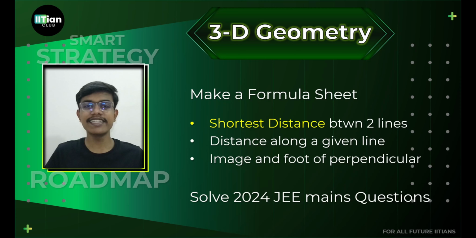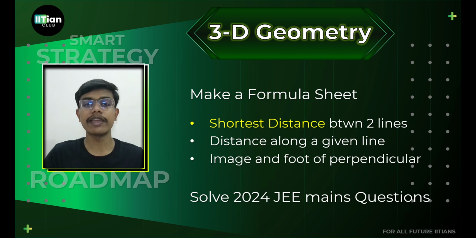The second easy kill chapter is 3D geometry, one of my favorite chapters, because most of the questions are easy and direct. You can expect formula-based questions in this. If you know the formula, you can directly substitute the values and use a little bit of logic and you can solve the question. That's how the questions are set. First of all, make sure you go through the theory of this. Don't go into in-depth theory, just learn what is what and learn the formulas of everything